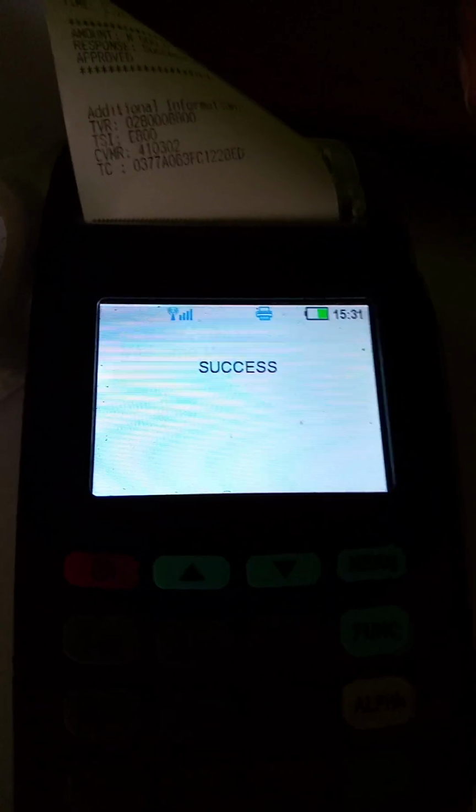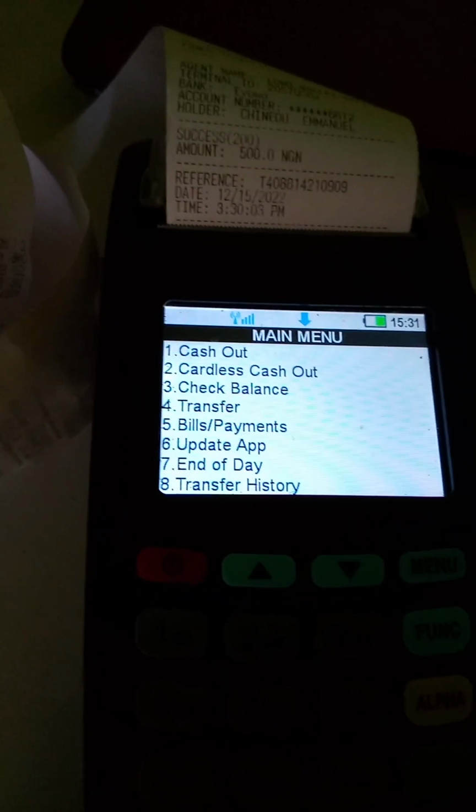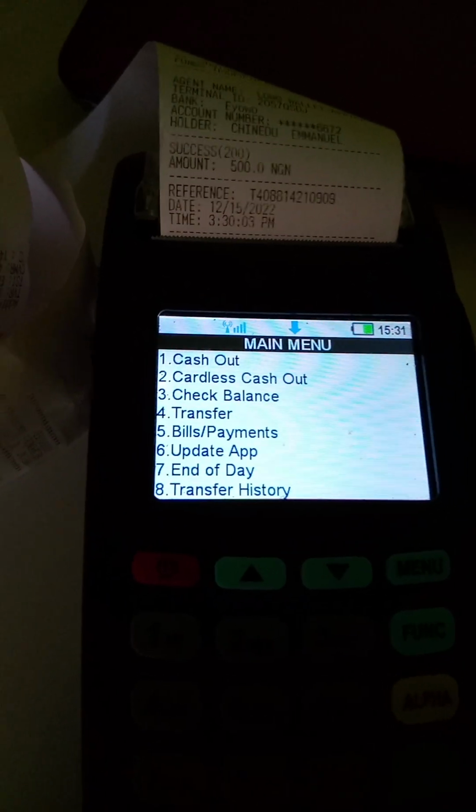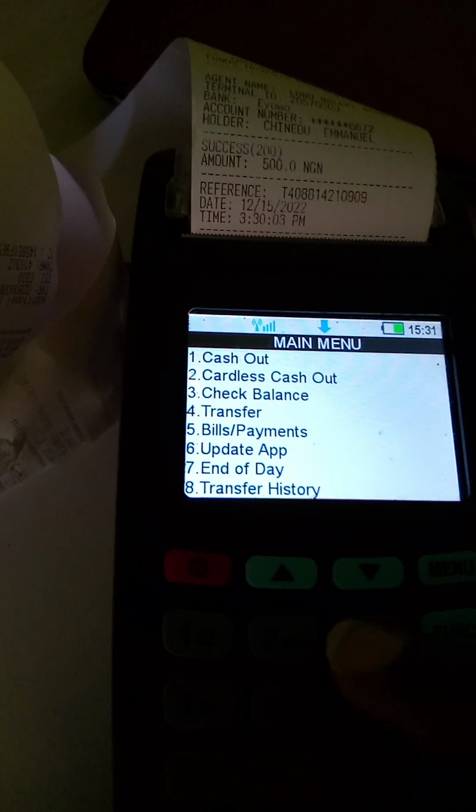At this time, if you also want a receipt, all you need to do is hit back, and the receipt will be generated. If I don't want any more, I'll cancel this. It's attempting to print the other one. Basically, if you go ahead and check your balance